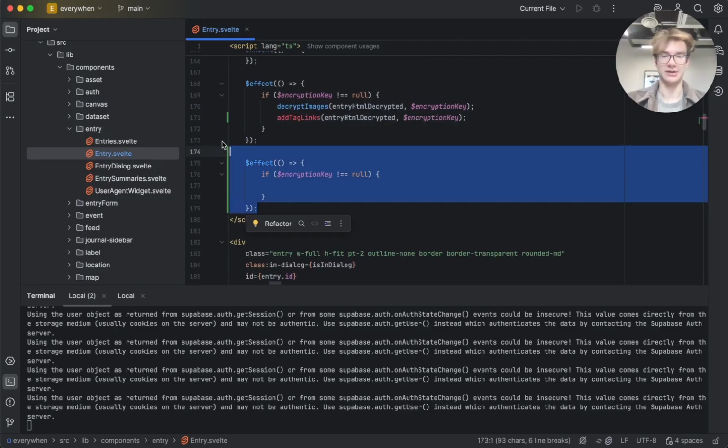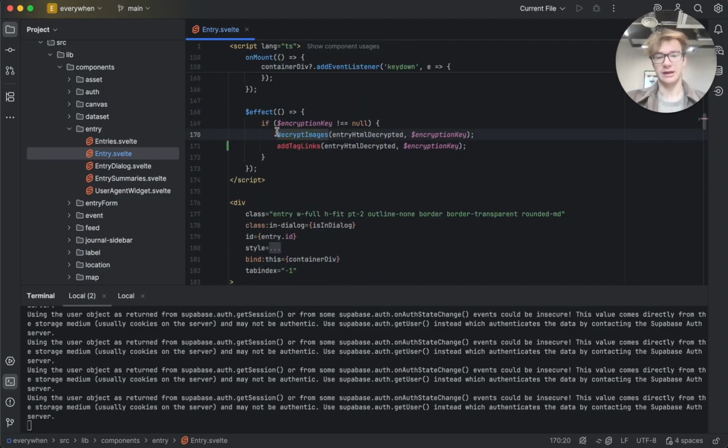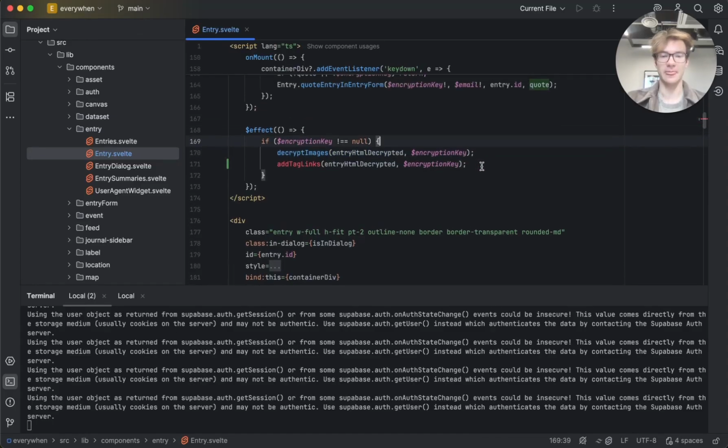So what's going to happen now? Firstly, we're going to be changing all of the images. We're going to replace all those images with the loading, with the data image ID instead in the text. And then we're going to be wanting to do something with the tags. And of course, this is going to cause the entire function to rerun immediately. And this is also going to cause the function to rerun. So I think as long as we are changing each of the tags